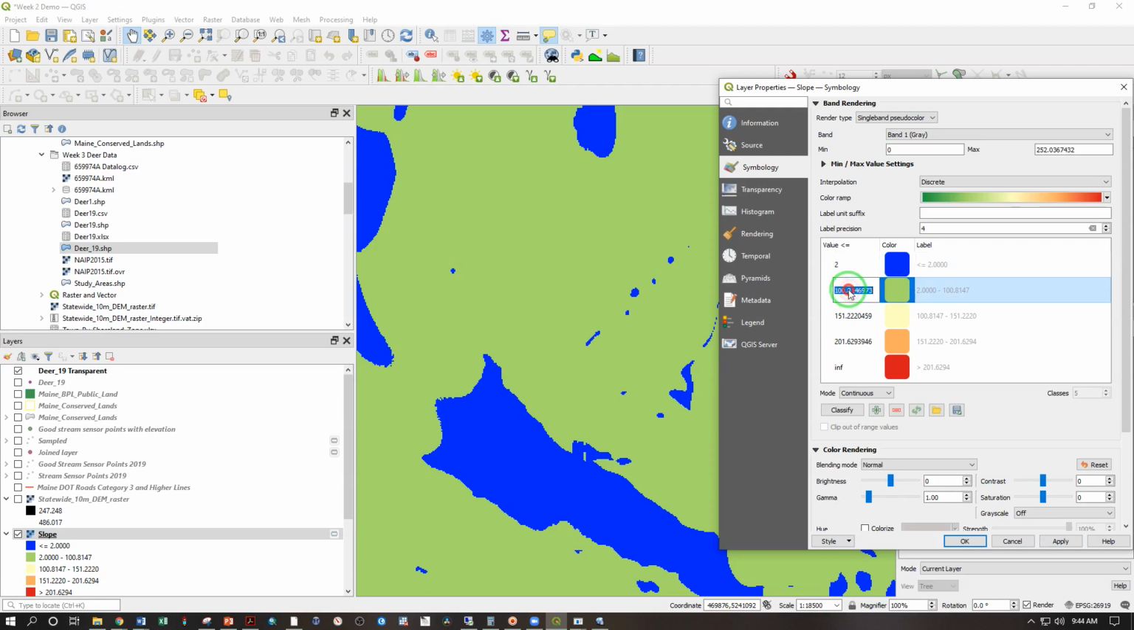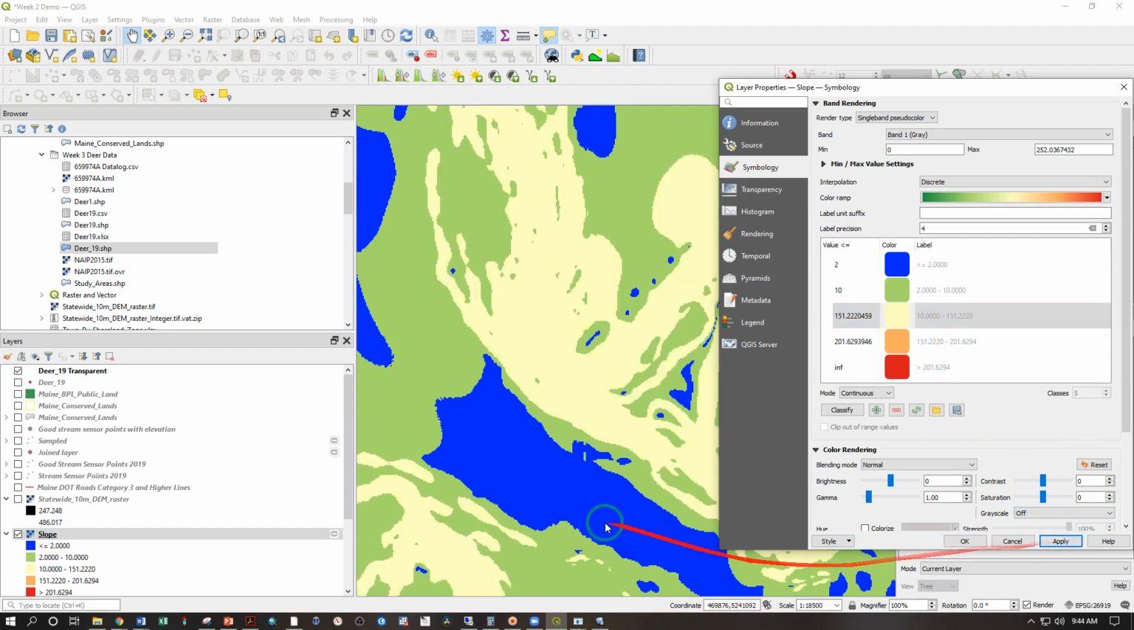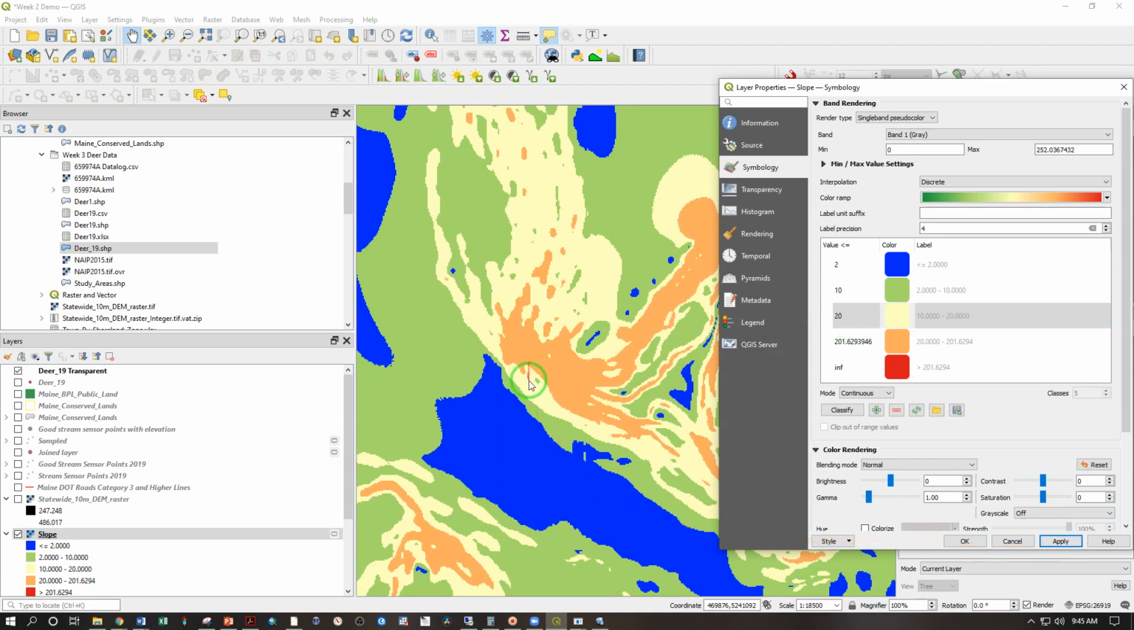2 to 10 would make a lot more sense than 2 to 100, so let's change that from 2 to 10, and you see that's changed the next one down as well. Apply. There's our 10% slopes. But this yellow here is from 10 to 151%. That's a bit much, so let's make that 20. Apply. So there's our 20% slopes from 10 to 20. Now if we just change this one to 30, that changes from 20 to 30 and then greater than 30%